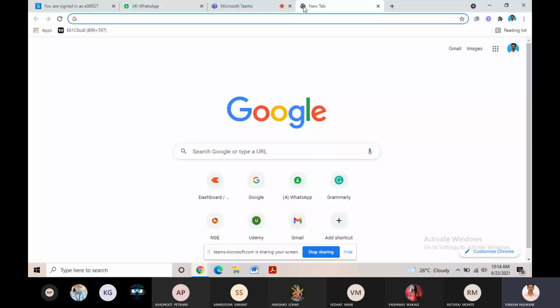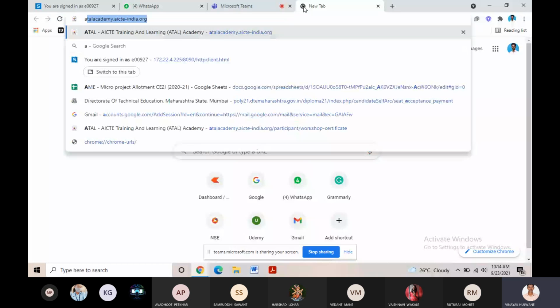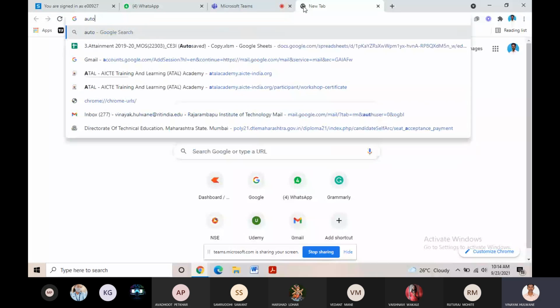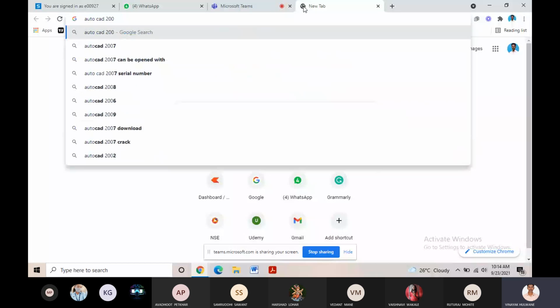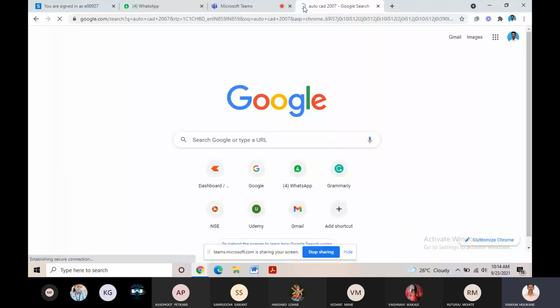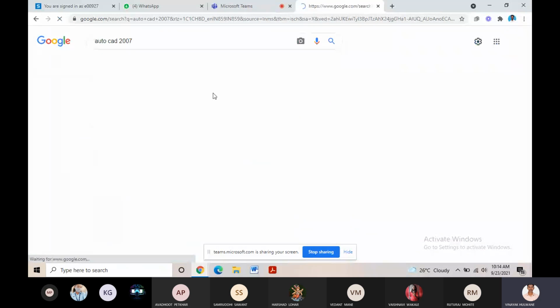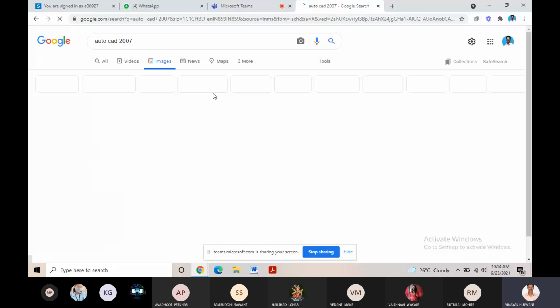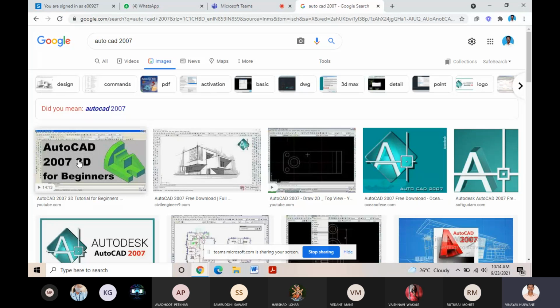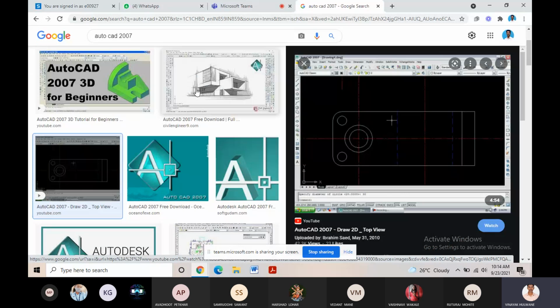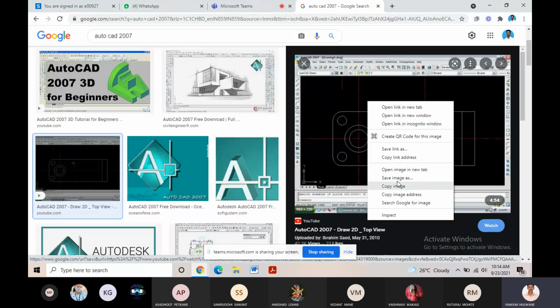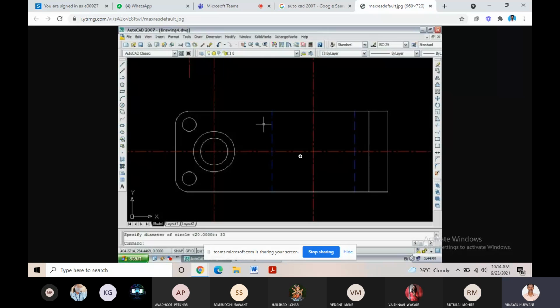So first of all, AutoCAD 2007. So this is the view of how AutoCAD 2007 looks.